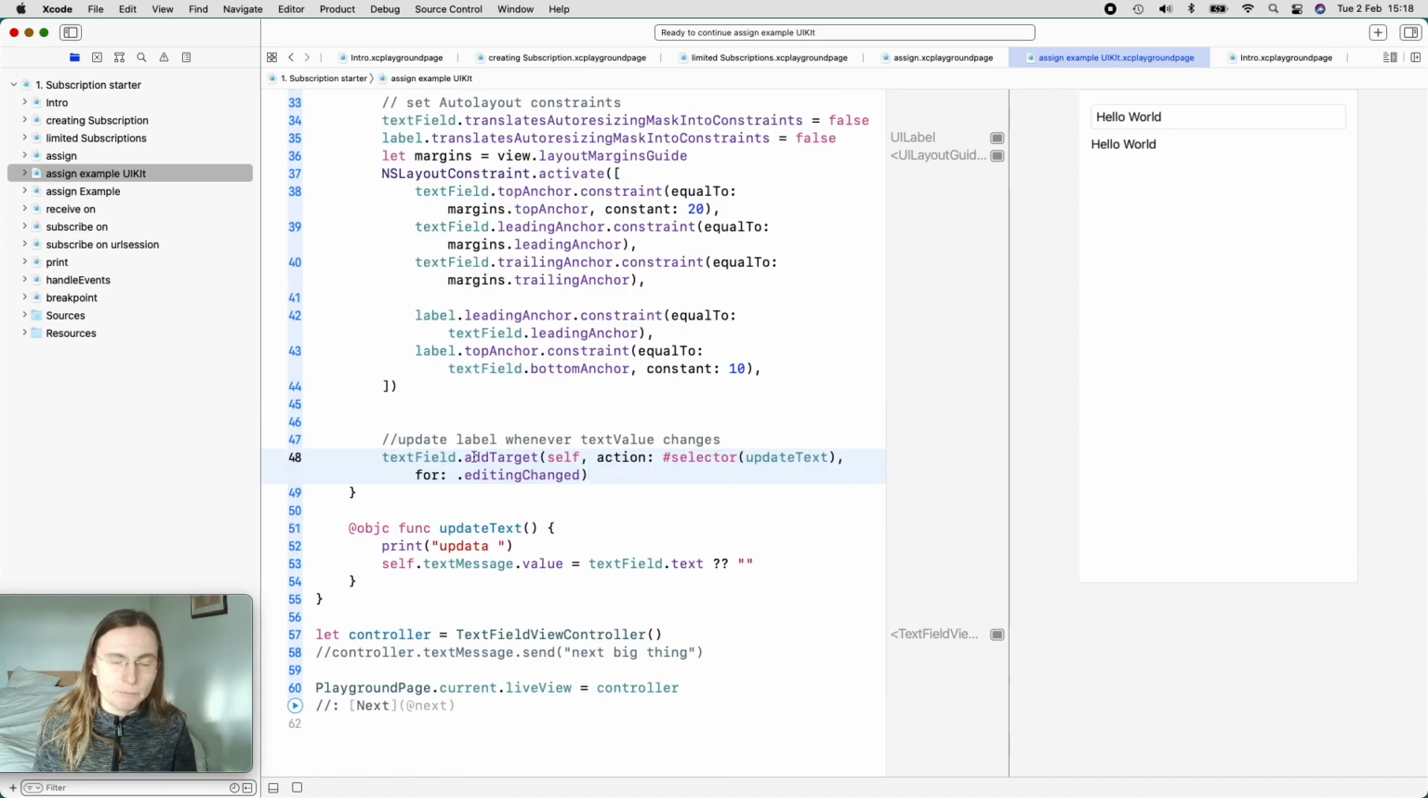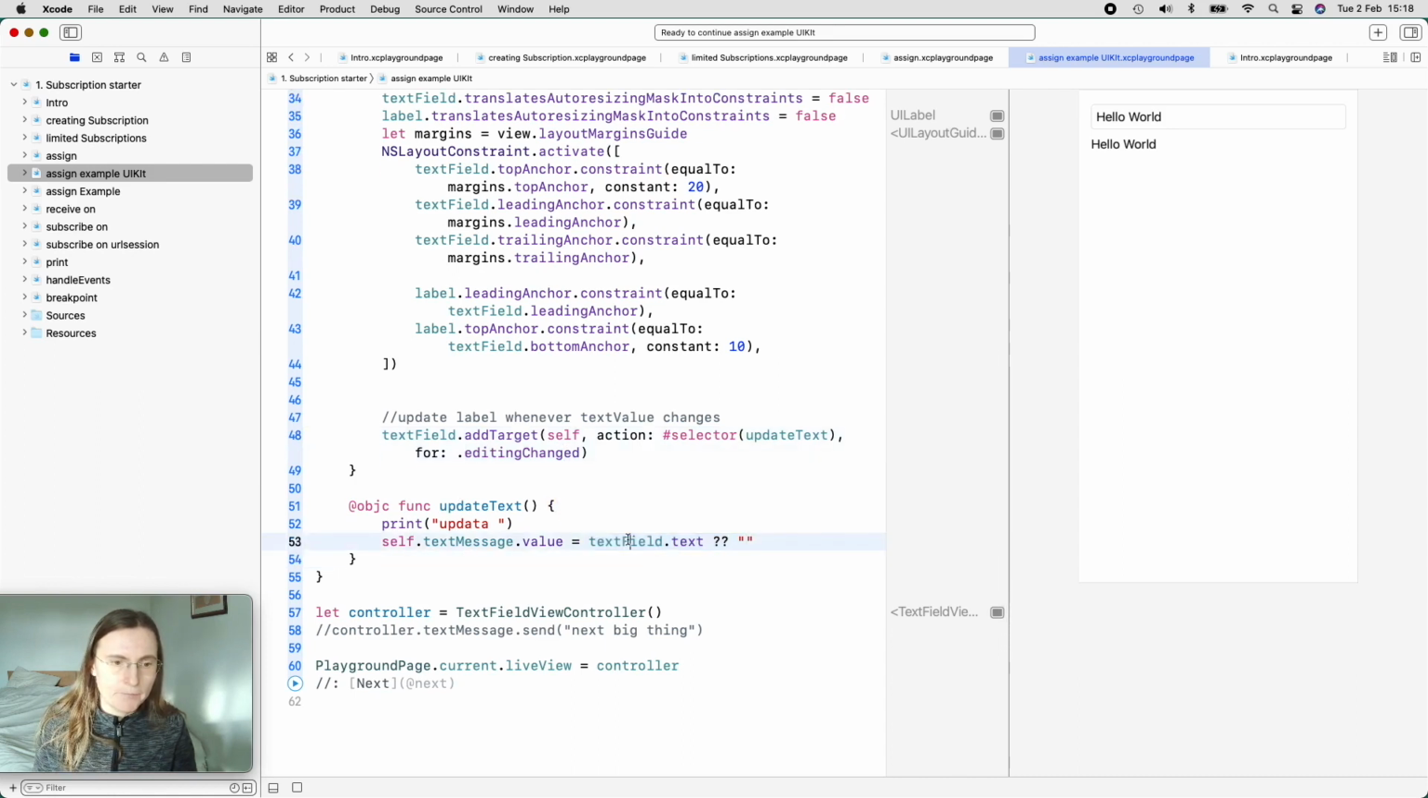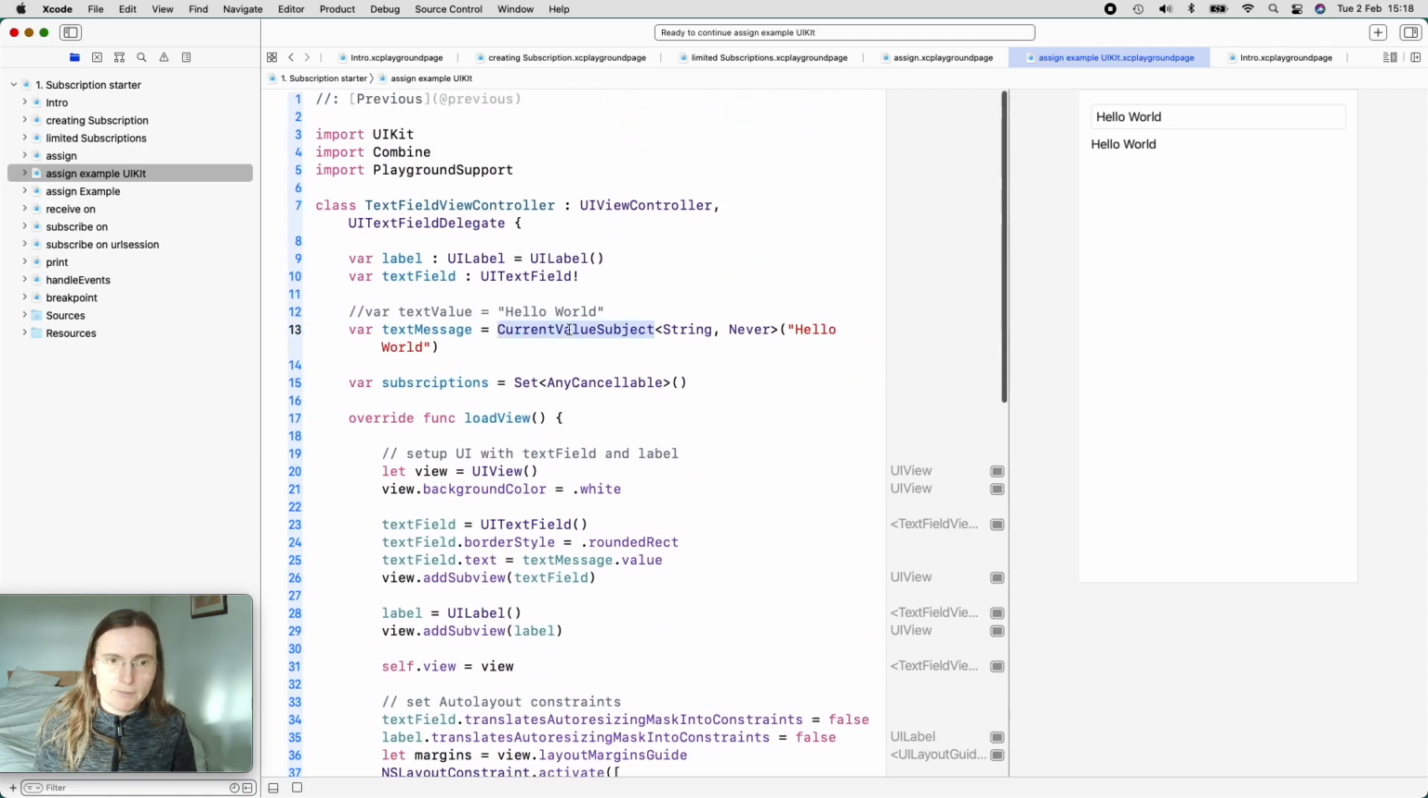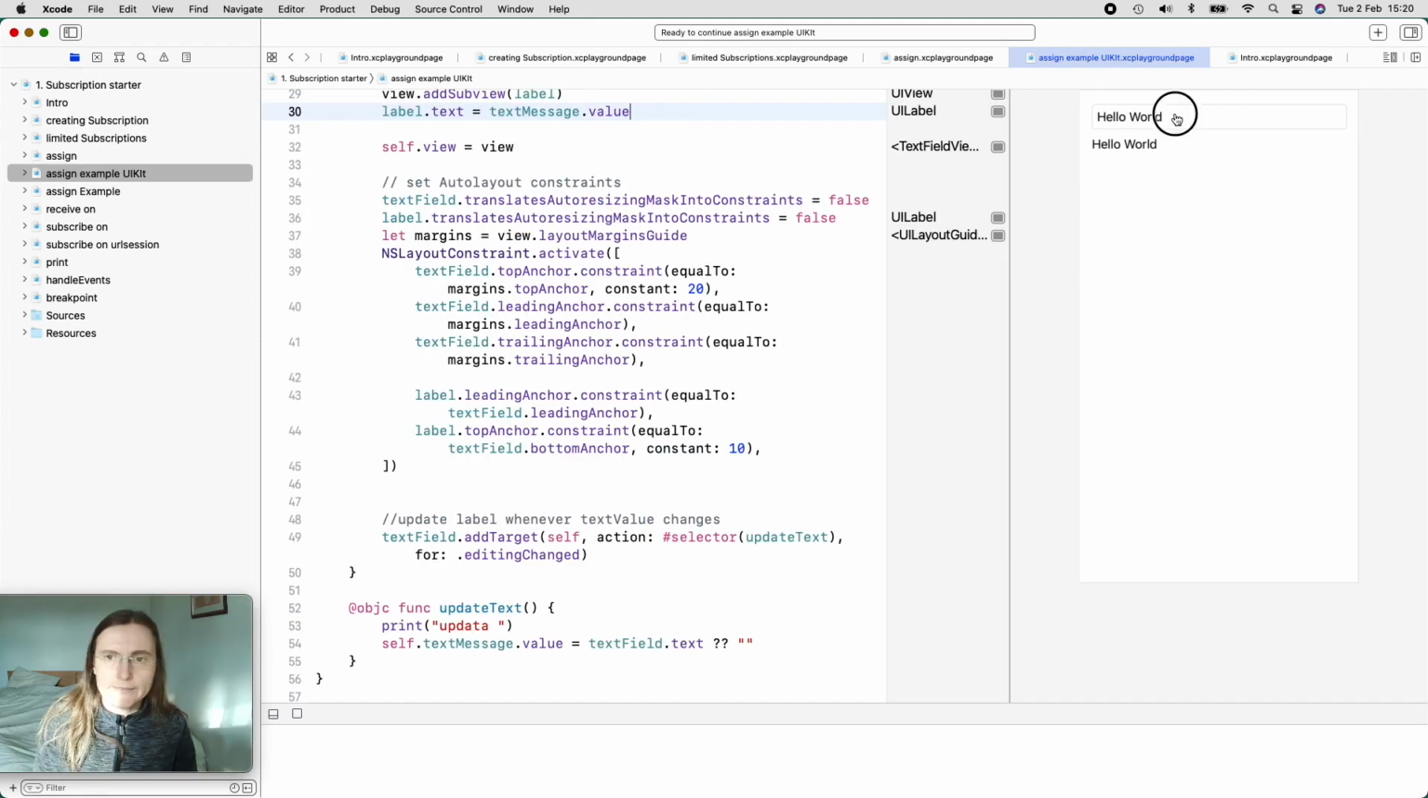Then I added here a target to this text field, so that whenever this text field is edited, or the text inside, we trigger this updateText function. And you see here that I'm taking the text field's text and assigning it to my text message. Like this, I always have the same text for my text field in this property, or in this, what it actually is, in this publisher. So I can now subscribe to this publisher and use this text to directly update my Hello World label here. Right now, if you type in here,